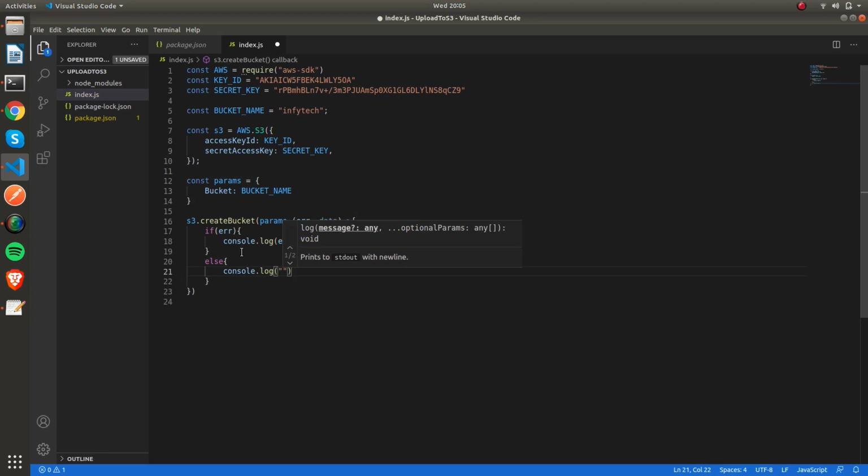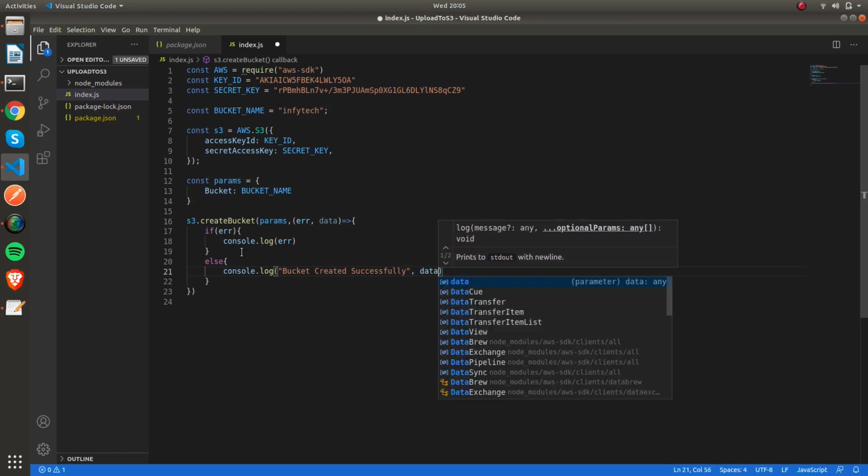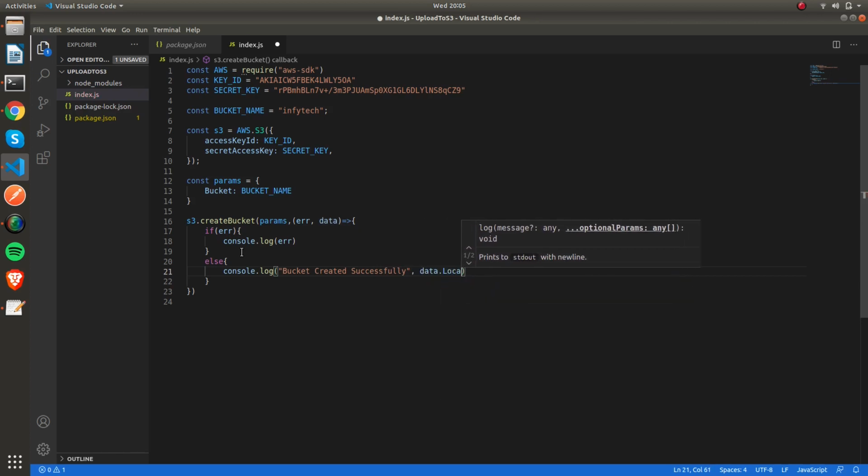I can say bucket created successfully, and I can also print out the location of the bucket created.